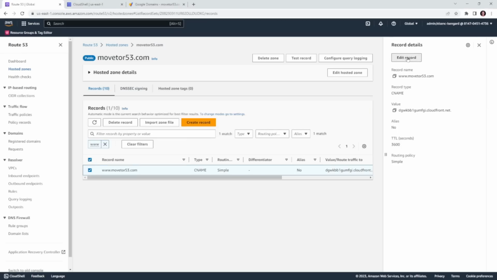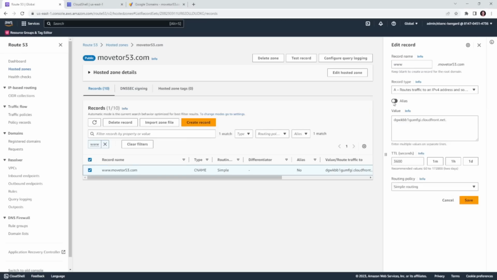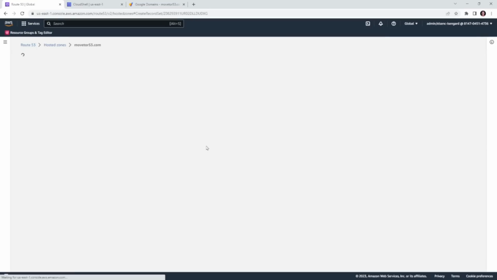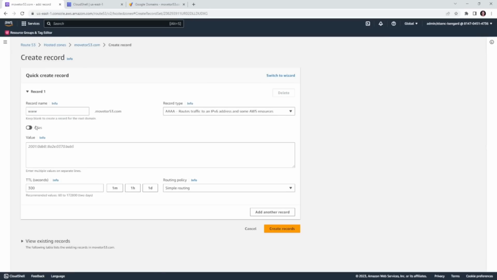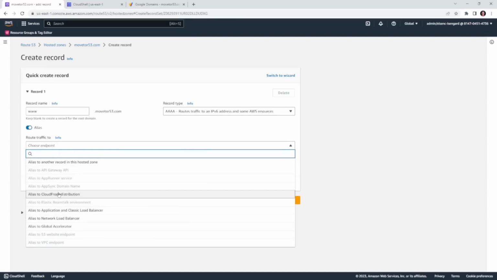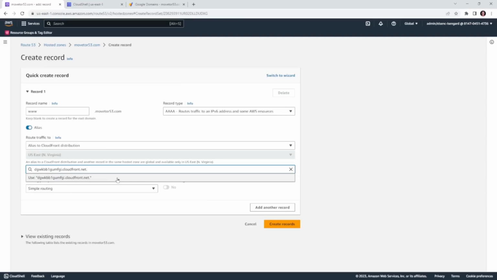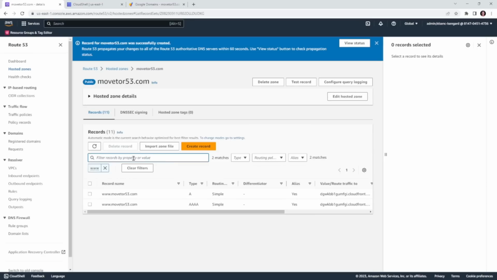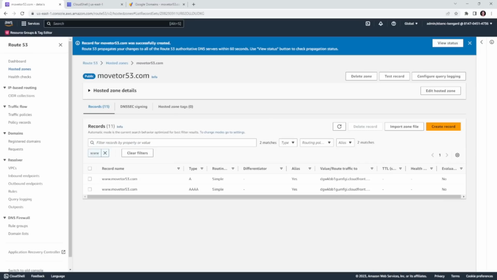Lastly, you can optimize some of your DNS records by converting CNAME records to alias records. In our example, a good candidate to do so is the CNAME record for www, which can now be converted into 1 A alias record and 1 AAAA alias record. This will speed up DNS resolution for these DNS records.